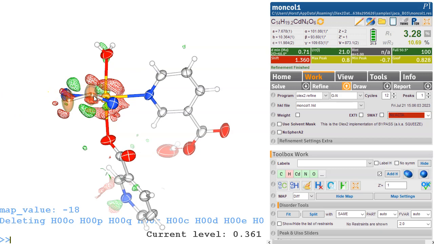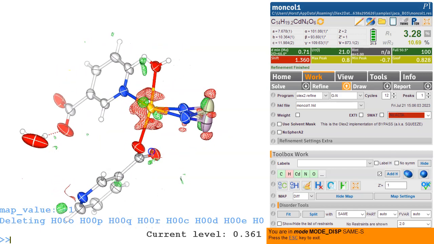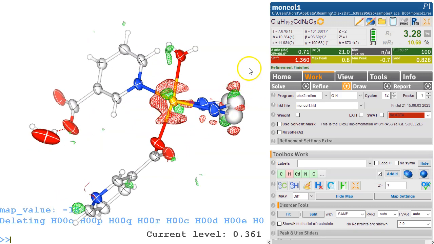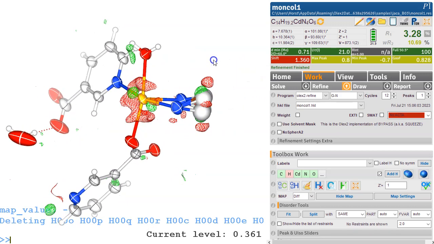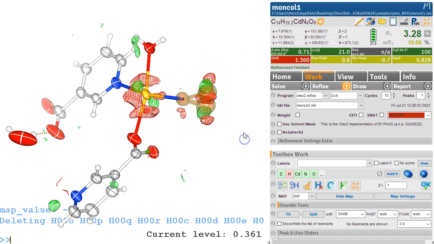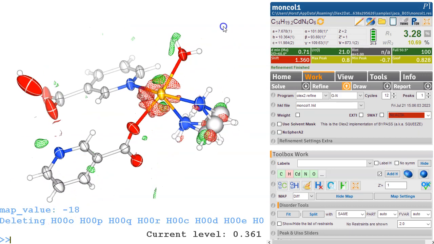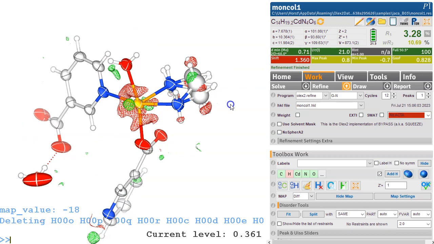So I'm selecting both of those, and in toolbox work mode, disorder tools split. And all I'm doing is I selected those two and then I'm moving them. That's it. So I want one up there and one down there, just with the greenness in the map. And we're done. So this was that. We might as well add some hydrogens at that point here, HAdd, and we have done that. And Control,